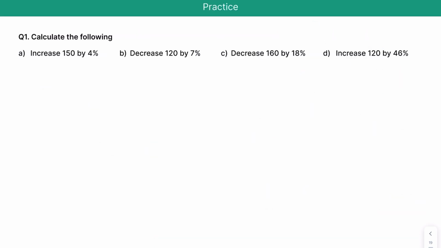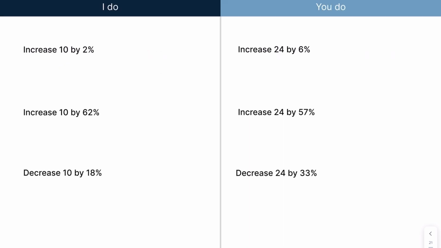So again, here are some practice questions. Press pause and have a go. Here are the answers. Mark your work. Now, before we look at the exam question, I do want to mention that the way we've solved these questions